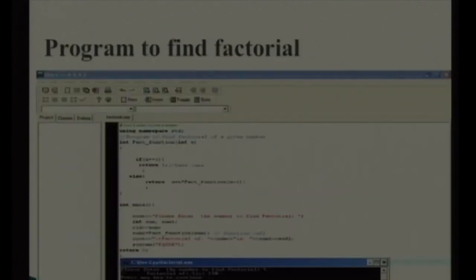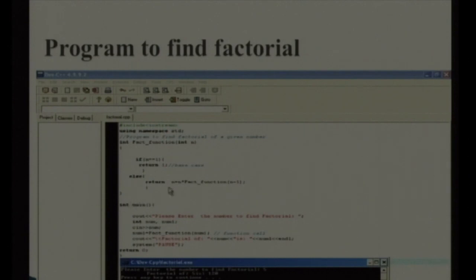Now there is one small program you may read on screen: int, then the function, and inside this function we are passing one parameter, and then there is one condition. This condition decides if the value of n is 1, in that case we return 1 itself. Otherwise we call that function again with one less value. It means it is a function of which kind? Recursive.